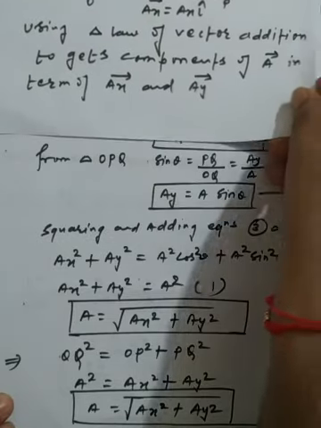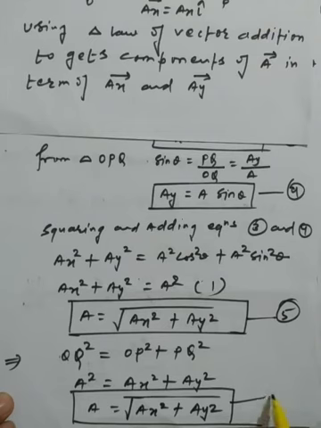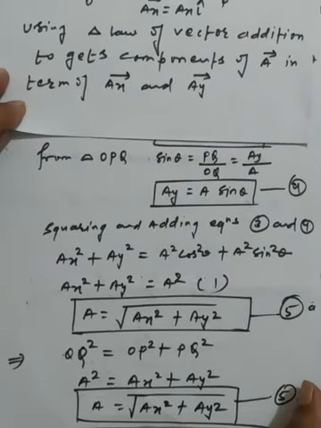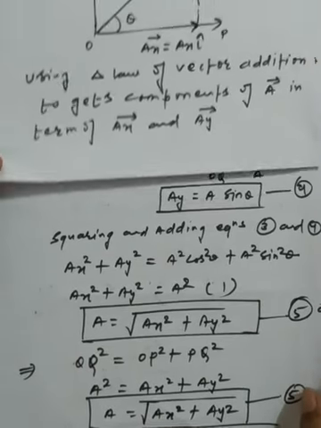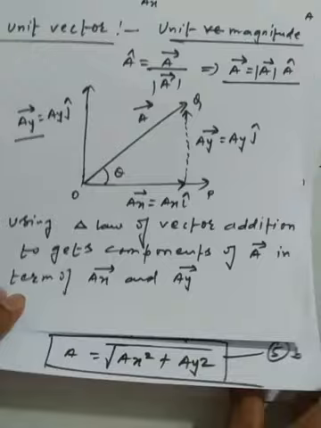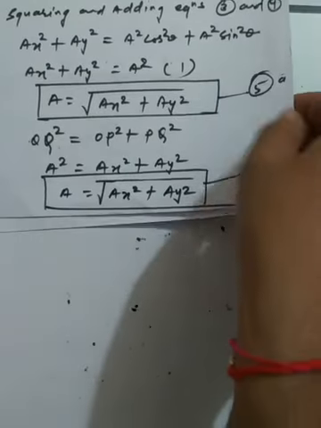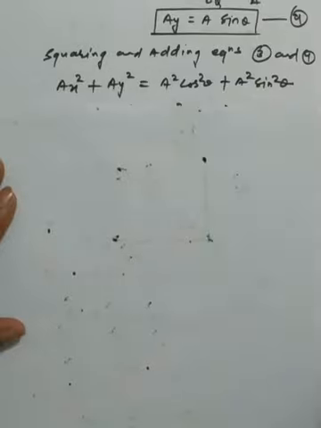Okay, so one of the mathematical methods we have done. This is equation number 5, and this one is equation number 5a, and this is equation number 5b. Now the other thing we have to calculate is the direction of the vector A with the x-axis or with the y-axis. So how can we resolve it? I am showing one of the methods to you. We have the basic equations, what are they? Equations number 3 and 4. Mathematically we can go through them.